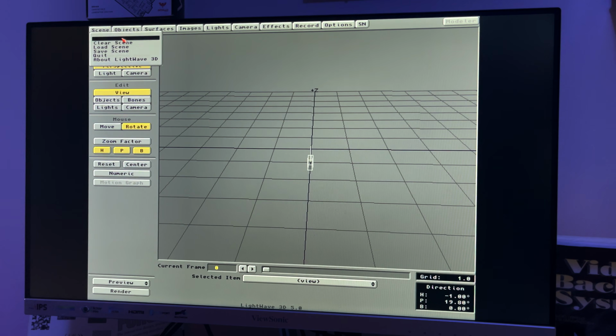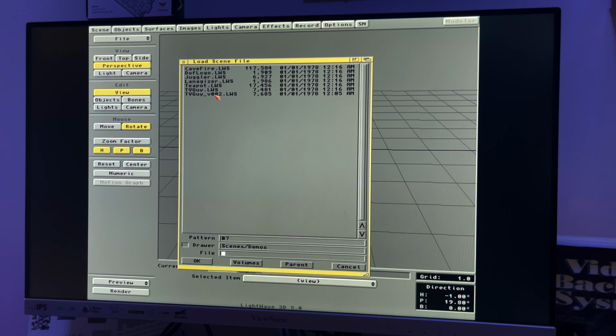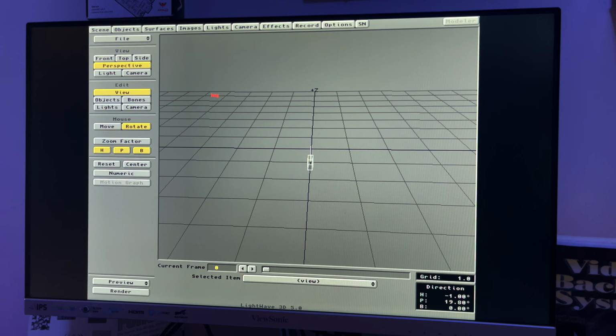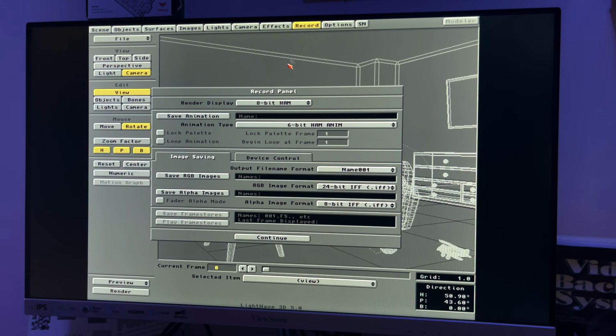But at least we can open up Lightwave, which means, yeah, you can go and open up a scene, like the TV guy scene, for example. We'll open this up real fast. And I'm going to set the camera to something low and make sure, yeah, no, 8-bit ham is not going to work. If you set this to 8-bit ham,